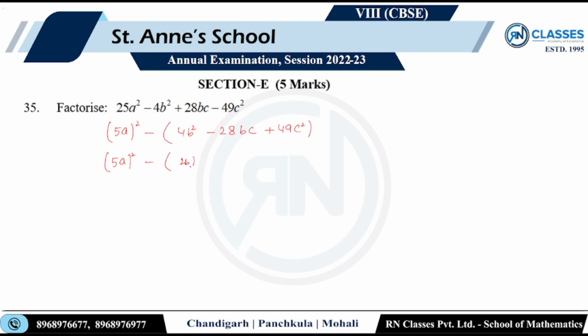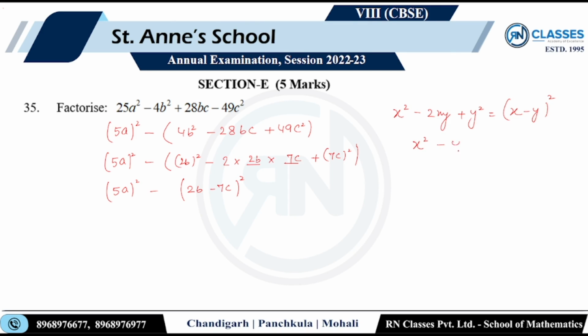2b का स्क्वायर माइनस 2b और c यहां पे डालना है प्लस 7c का स्क्वायर, राइट। तो यहां पे आ गया 2b और यहां पे आ गया 7c, ऑफ कोर्स माइनस 28bc बन चुका है। तो मैंने यूज क्या किया, मैंने यूज किया x स्क्वायर माइनस 2xy प्लस y स्क्वायर विच इज (x माइनस y) का होल स्क्वायर, यूज दिस, राइट। सो यहां पे क्या बना, (5a) का स्क्वायर माइनस (2b माइनस 7c) का स्क्वायर।